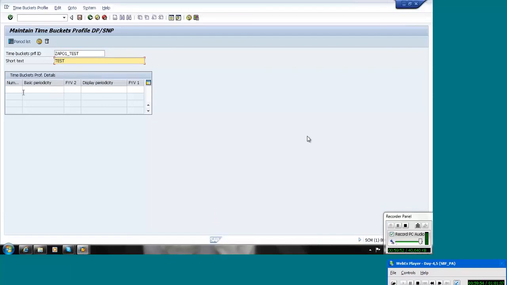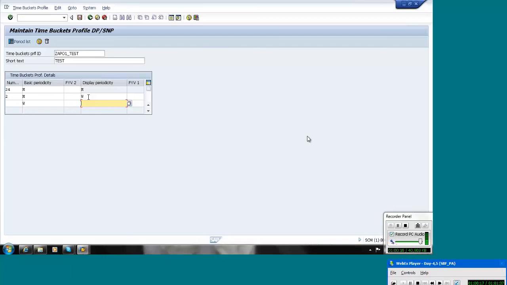For example, here I am giving 24 months, basic period is month, display also month. Again, the first 2 months I want to see in weeks. Like that also we have the options.